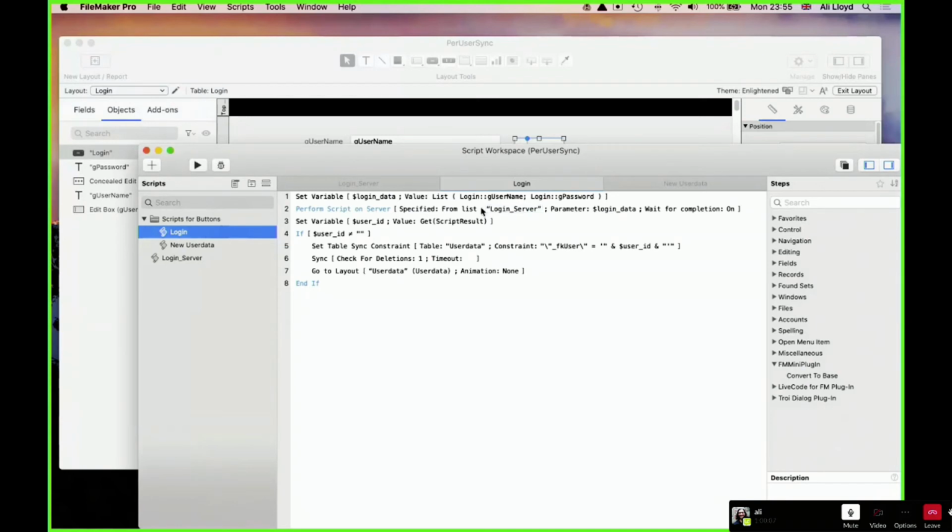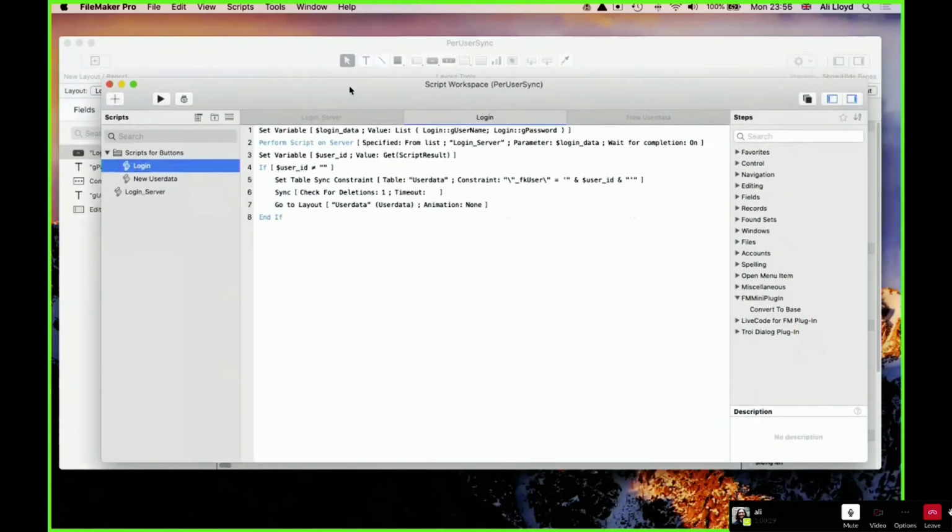And the script is going to return a user ID, which is meant to be the primary key of that user, which is replicated through all of the related records that are relevant to that user.